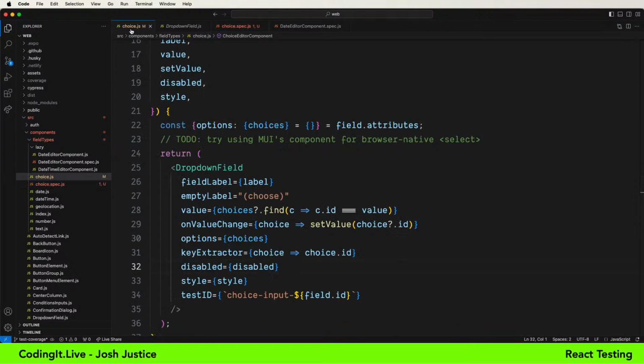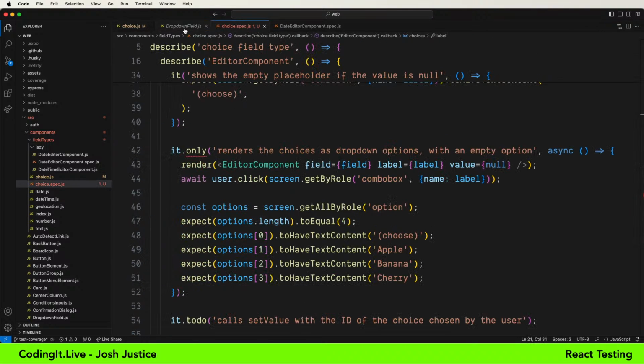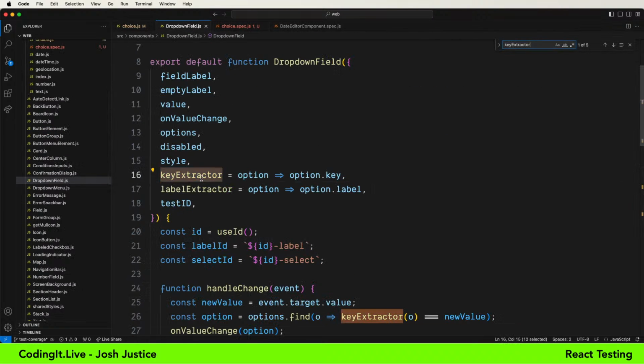Sweet. Now, what about the ID, the key extractor? Should we be digging into the props of the component? I don't even know if MUI stores it there. The reason we need the key extractor is so that, well, actually, I don't know. I don't know what that's needed for. That might be something internal to MUI. So maybe if there's time, we can mess around with that and see if it breaks without that. Maybe that's used here. Key extractor.